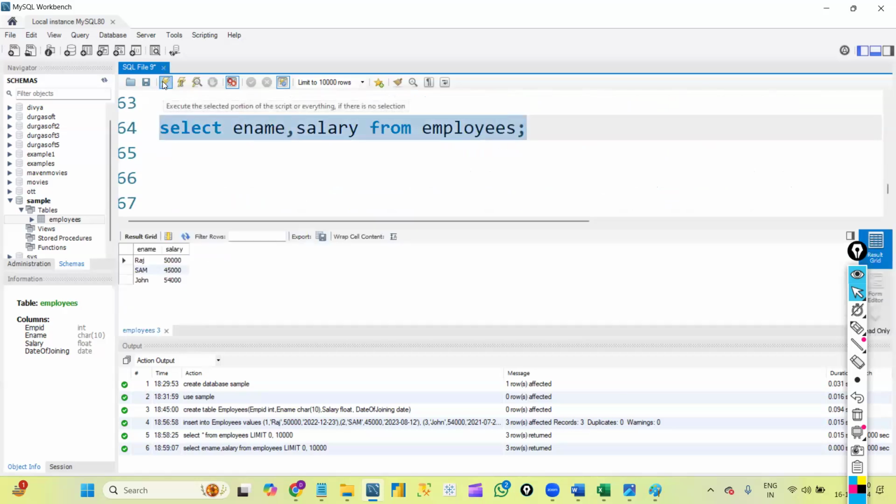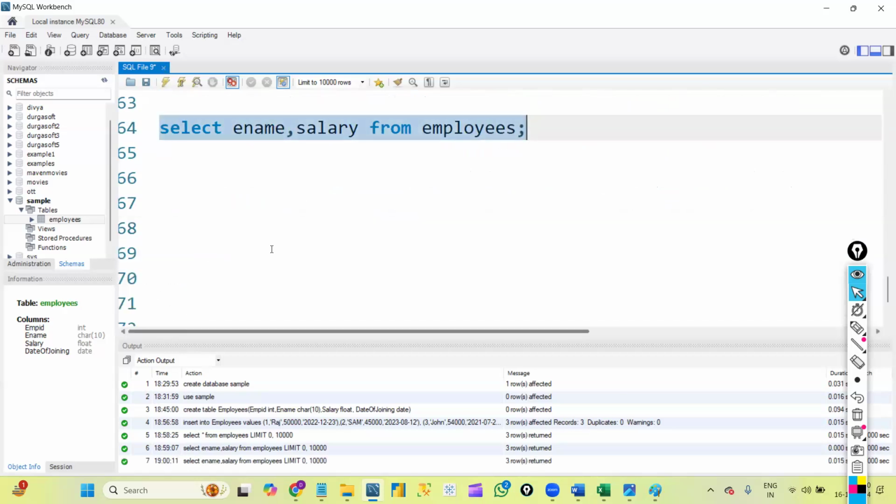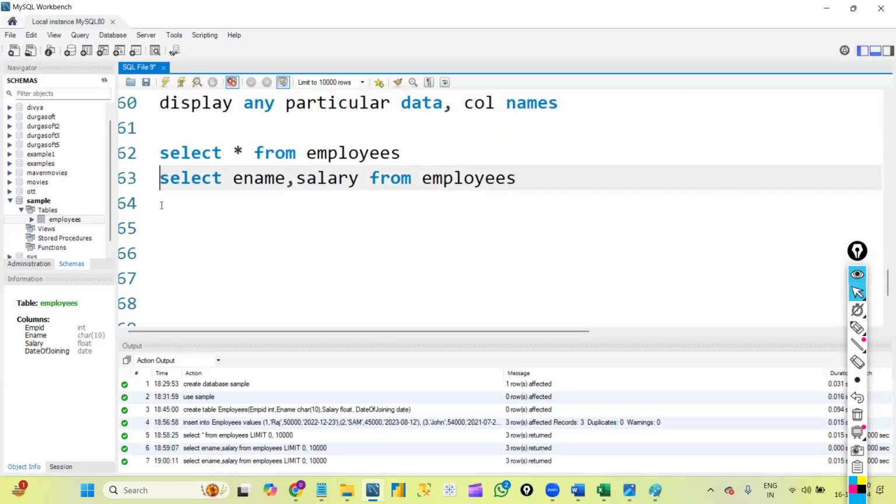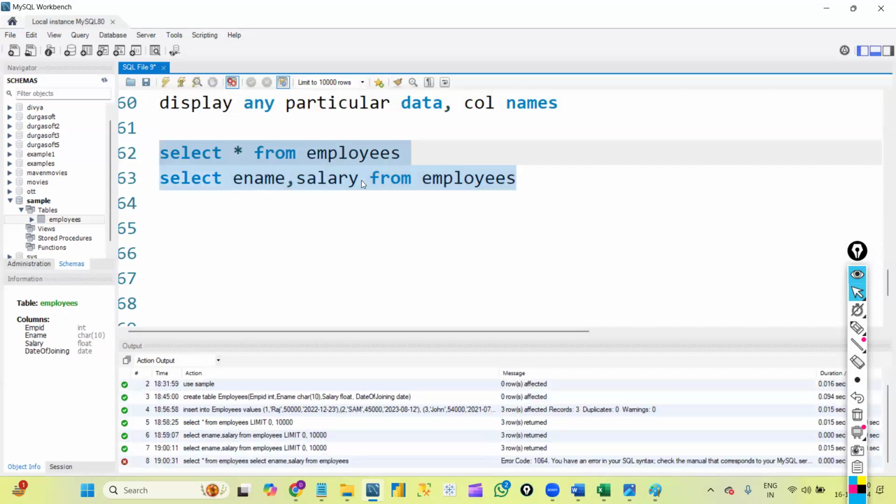I'm selecting this. It is also displaying. But here the specialty of MySQL is that, as I'm saying, this is optional, right? But suppose I want to execute multiple statements at a time. Just imagine this is one SQL statement and this is another SQL statement. If I normally execute both of these, it will show me an error stating a syntax error. So if I want to execute two statements at a time, after the first SQL statement I